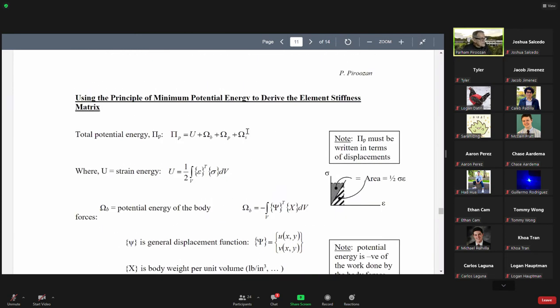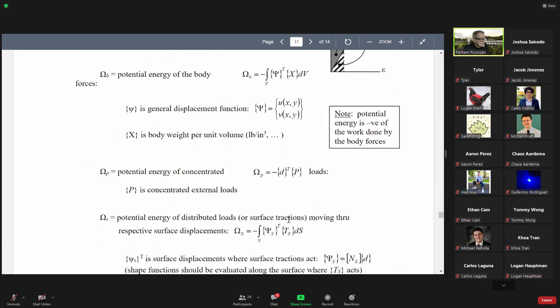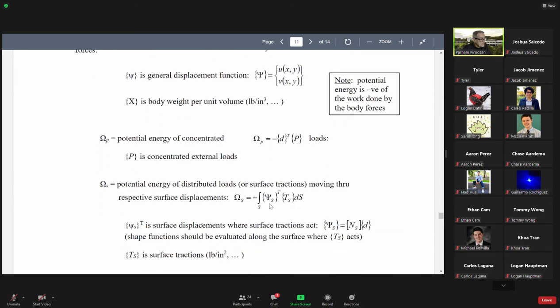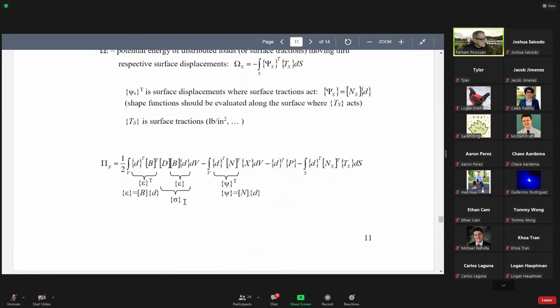And finally, this one, omega S, this is negative C transpose TS. This is displacement. Displacement equations go here. This is traction, surface per unit area times dS integrated over the surface. So we put everything in this total potential energy formulation, manipulate a little bit, minimize this, and we derive important